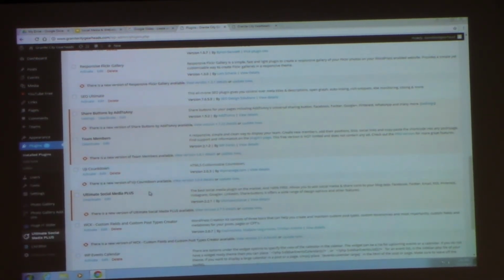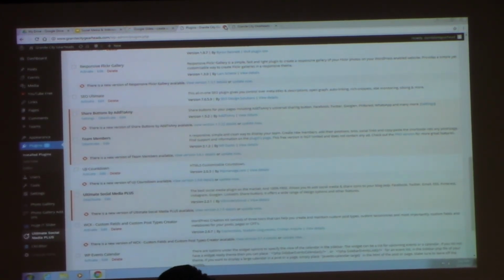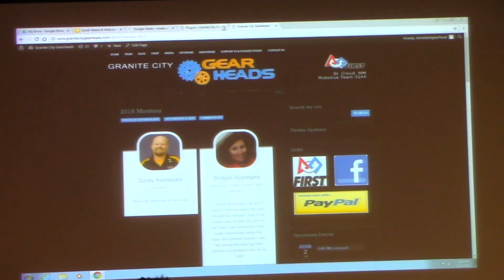Yeah, I think that about wraps up all the stuff I wanted to show you guys. And if you have more questions. What I would say the biggest key features on our website are going to be a blog that's active, a photo gallery, and a calendar. Those would be the three things I would say to prioritize the most. Then also in FRC, a way to display sponsors is important because one of the primary incentives you can offer your sponsors is to display them on your website.